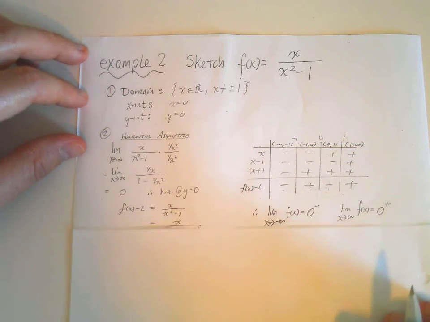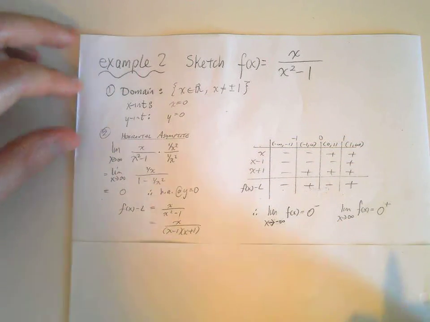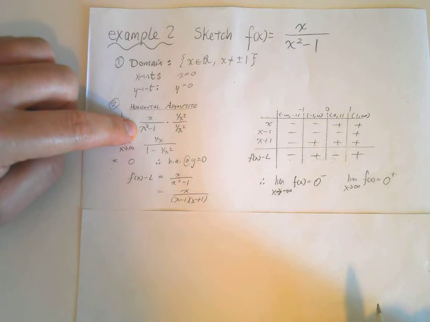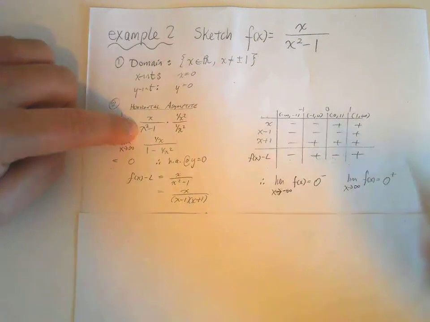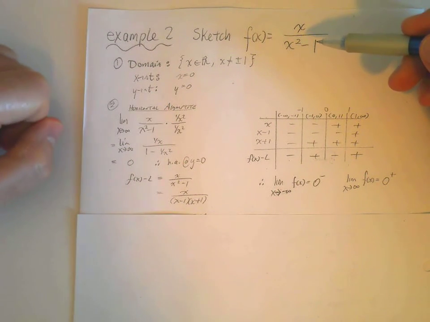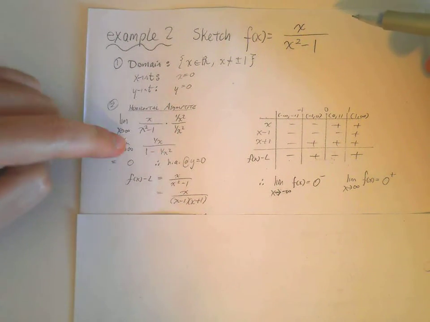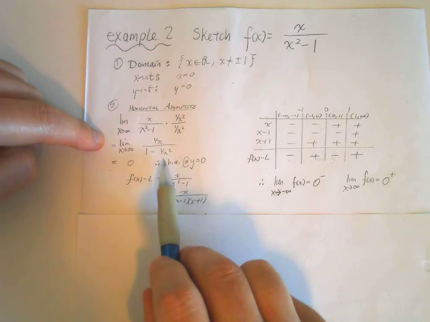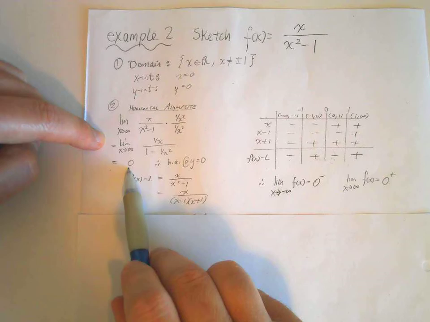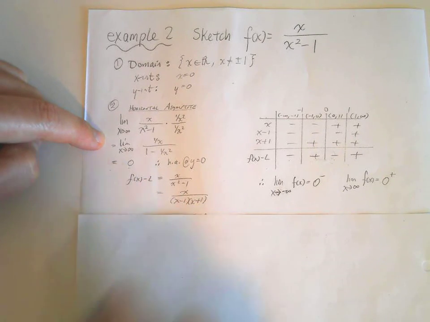So I'm going to look at my horizontal asymptote. Let's just put this whole thing up and then talk about it. The highest degree term in our function is x squared, so I'm multiplying everything by 1 over x squared, numerator and denominator. When I distribute that in, I'm going to get a bunch of these reciprocal terms. As x approaches infinity, these are going to go to 0,